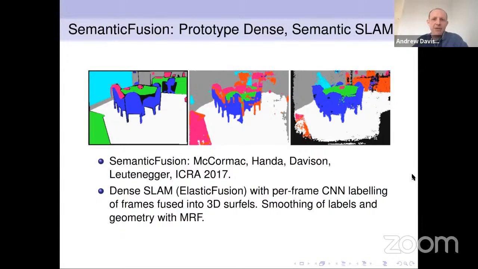And here we fuse that with the Elastic Fusion system we saw just before, such that we're taking these multi-view semantic label maps and we are fusing them into our 3D Surfel map that's representing the scene, and therefore trying to apply a sort of semantic layer on top of this dense geometry.